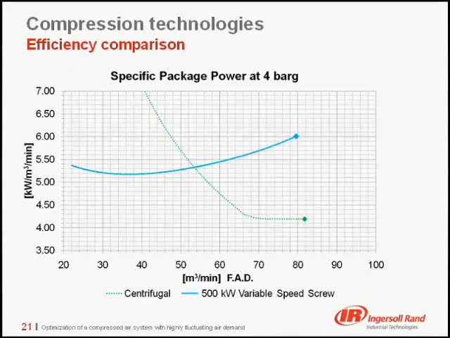As you can see, the variable speed screw compressor the customer wanted to buy to avoid the air blow-off is more than 40% less efficient than an equivalent centrifugal compressor. Even if the centrifugal compressor is blowing off 13 cubic meter per minute, it is still more efficient than the variable speed screw compressor. So the right consideration the customer should have done to choose the right machine should have been,